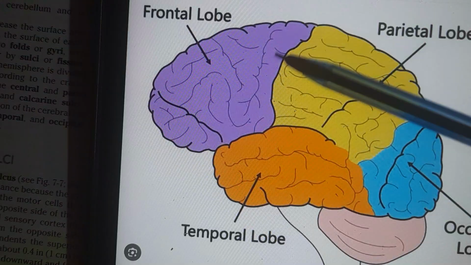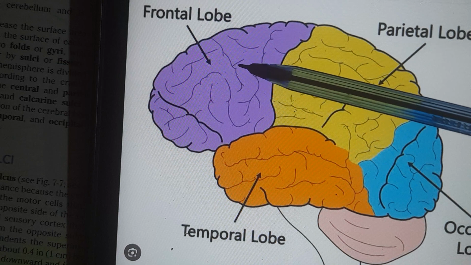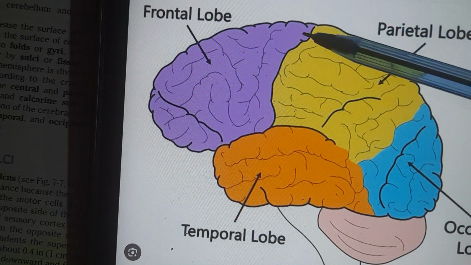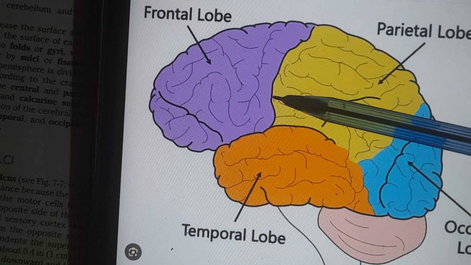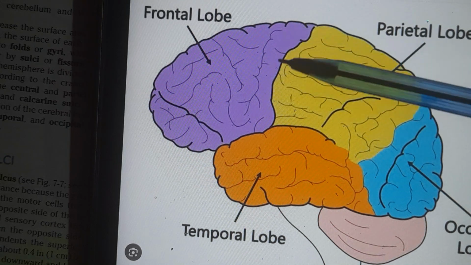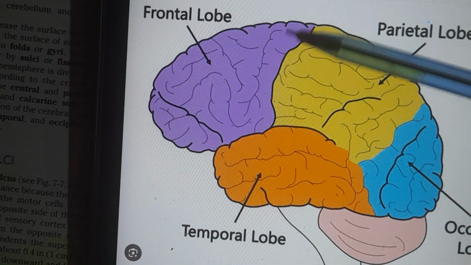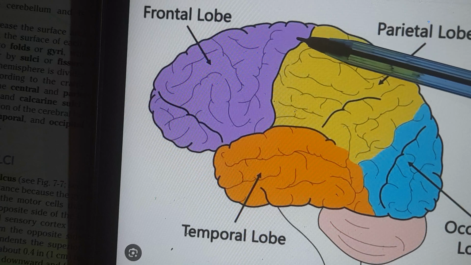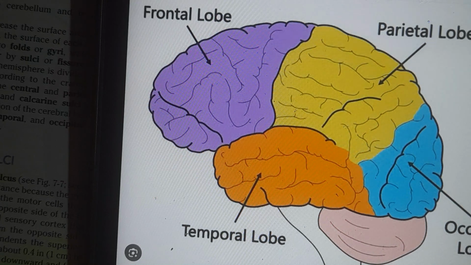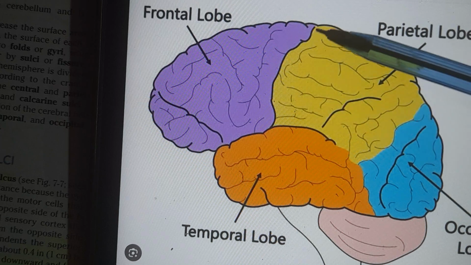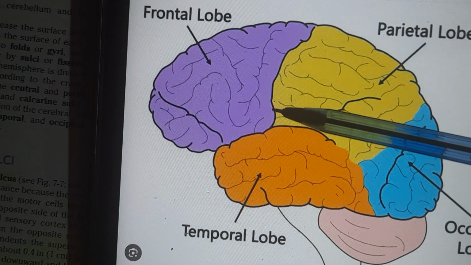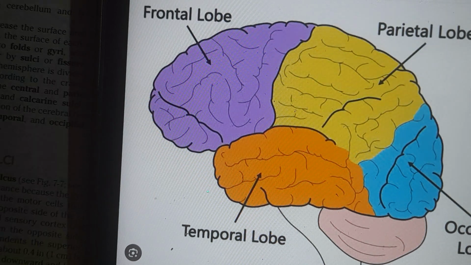So this central sulcus is located on the superior medial border, and you can see that it is not located exactly in the center, rather it has a little distance from the center, about 0.4 inches. This superior medial fissure runs on the lateral surface of your cerebral hemispheres.